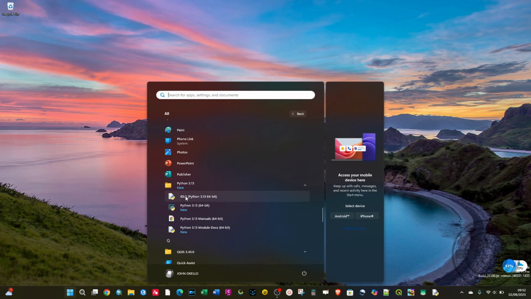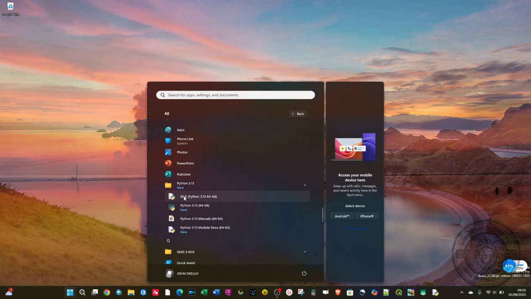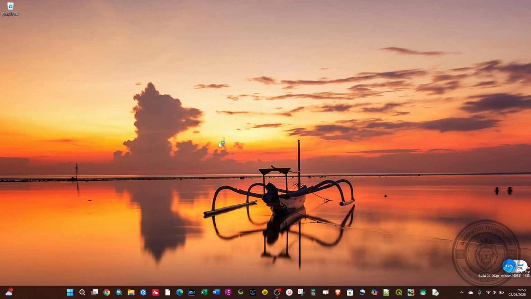So if you want it placed on your taskbar, just right click on it and then more, and click on pin to taskbar, like that. Then you can just click on it to open the IDLE,